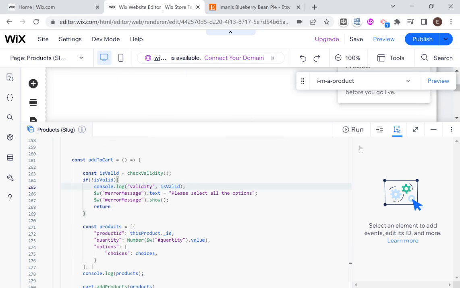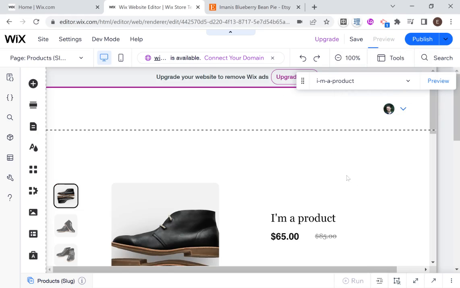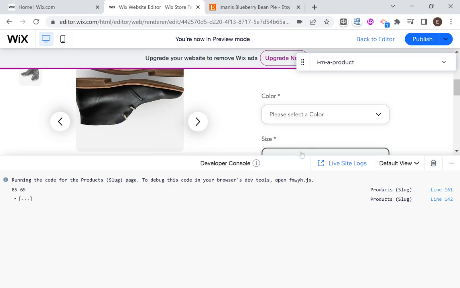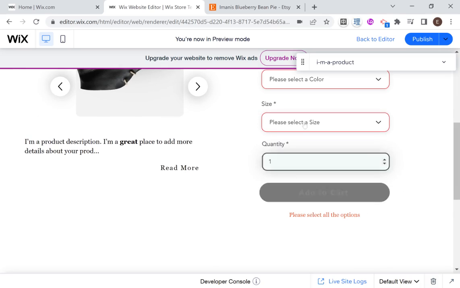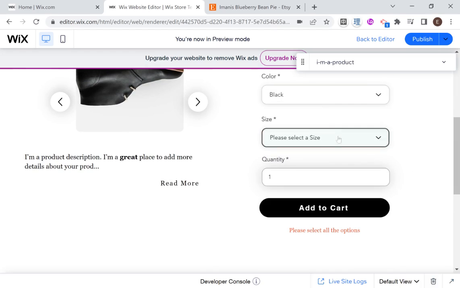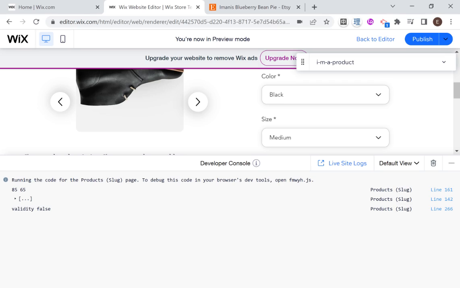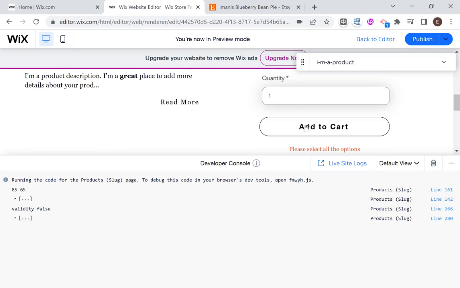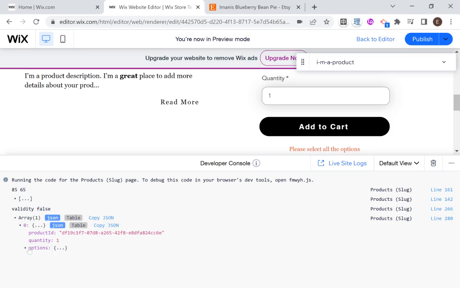Okay, let's check that out. So I'm going to head back into preview mode. And now, okay, so first try adding to cart. No, select all options. So I select black and I select medium. And now I'm going to try, okay, so our validity was false. And now I'm going to try to add to cart again. So it's not even getting to the point of validity false. It is doing the console. Okay, so it's not getting into validity false. That basically means